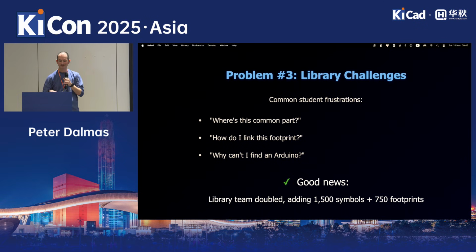So we see ourselves as, okay, this is frustrating and I'm going to do something to fix it, or I'm going to find workarounds, but they're not showstoppers. Again, that is the engineering mindset. It's a challenge for us. It's not like a dead end. Library challenges, we all know about this. We would really like to not have to struggle finding things.